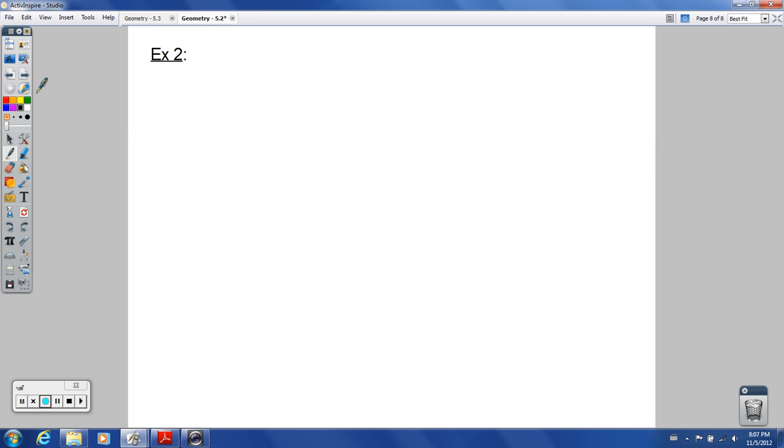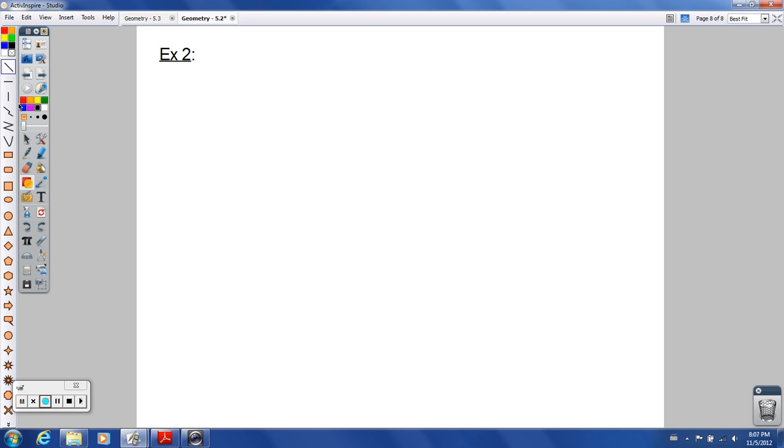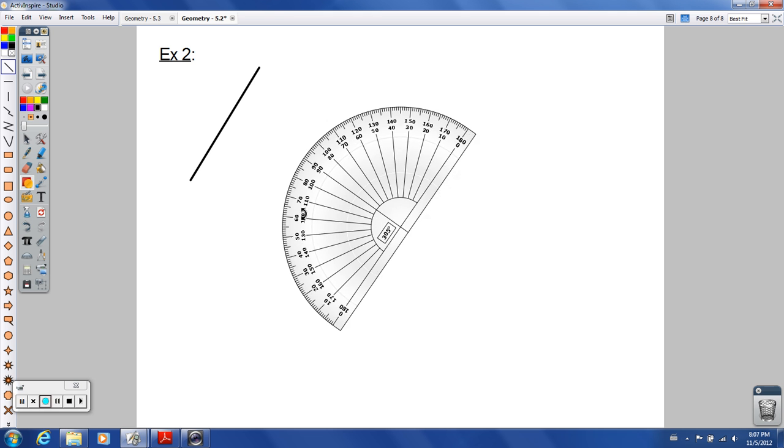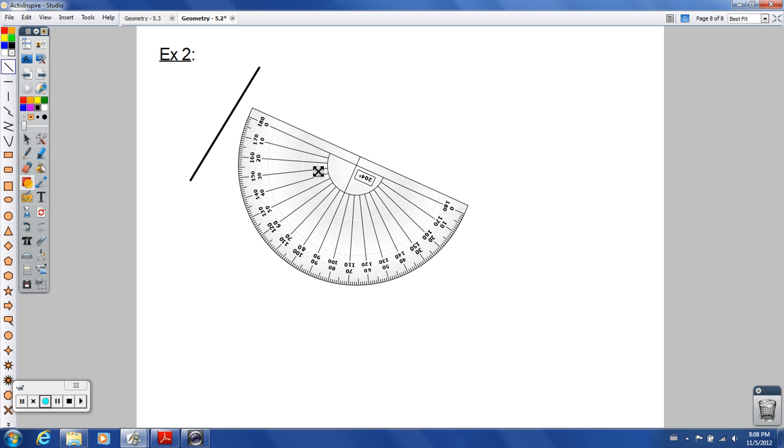Okay, so we're going to do one final example here. Example 2. I want your triangle to look like mine as best as possible. And I want you to draw a right triangle here for me. So let's make this a little thicker. Let's make one side here. And I want you to actually get out your protractor and measure this, because I want to make sure that it is a